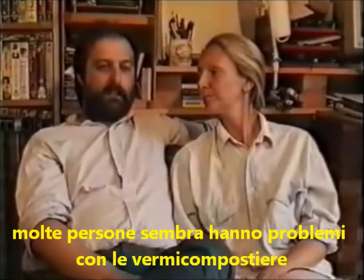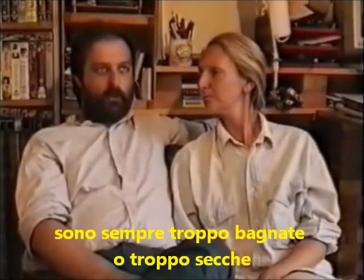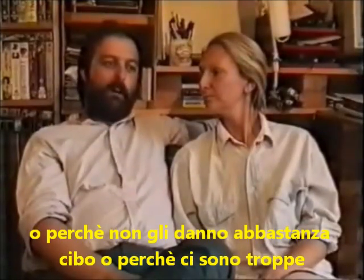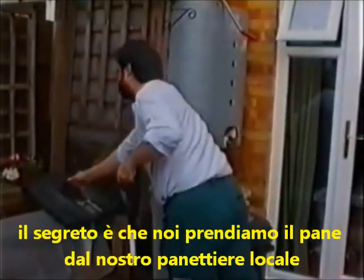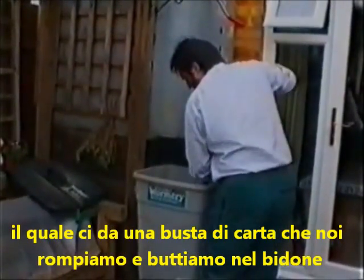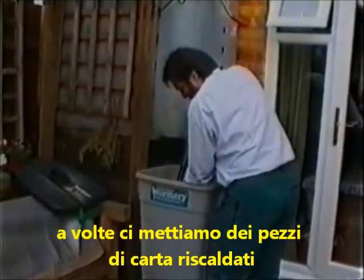Indeed. There's a lot of people who seem to have a problem with wormeries. They either let them get too wet or too dry, or don't feed them often enough, or give them too many acid things. The trick is that we get our bread from the local bakers. He gives it to us in a paper bag. We shred the bag and put it in every time we buy a loaf of bread, three or four times a week. We also give a little bit of newspaper sometimes,